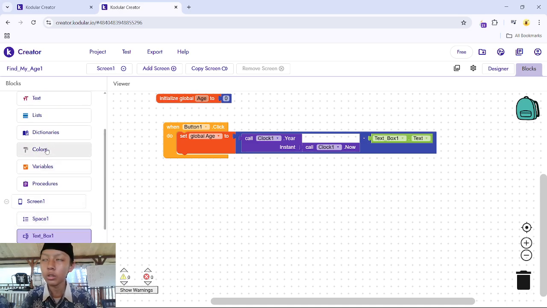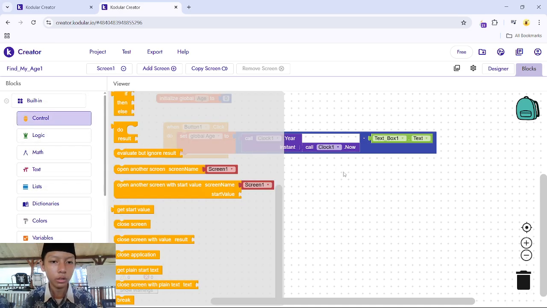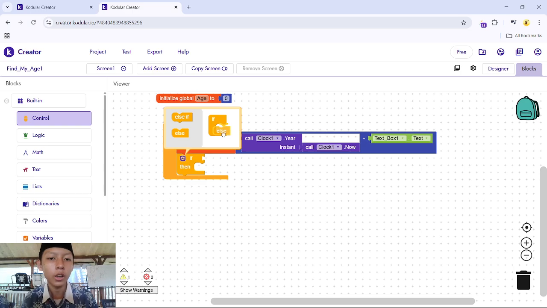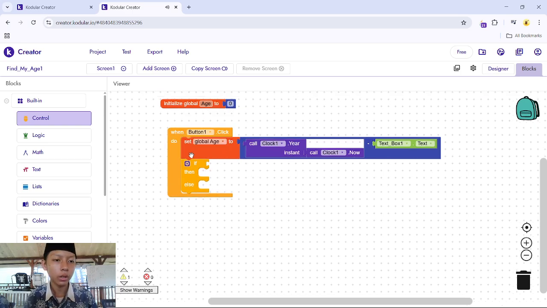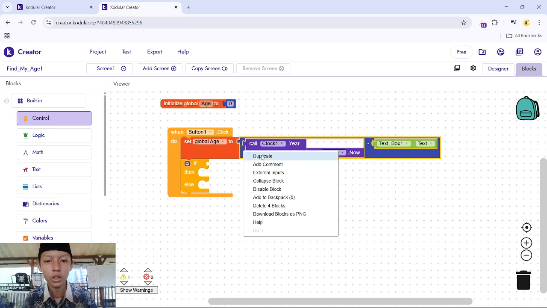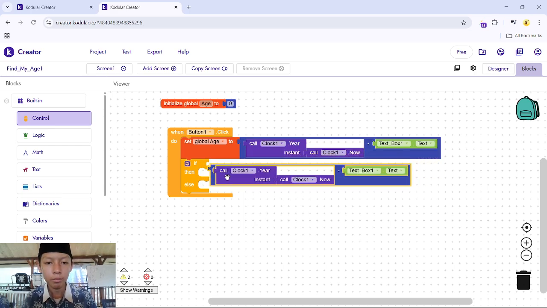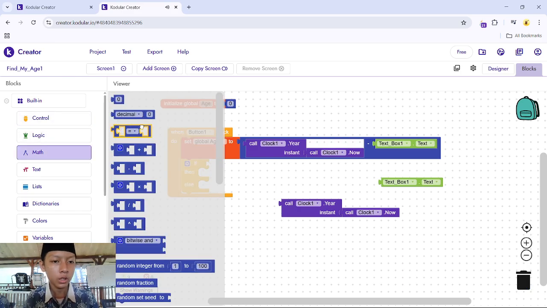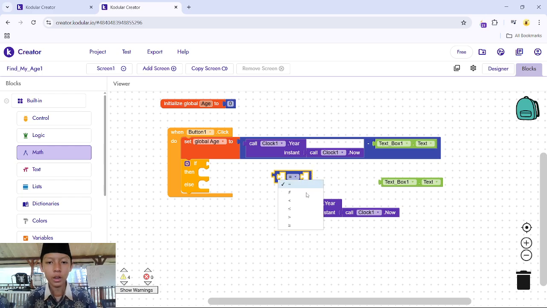Now we can go to control, and you can add if then, and you can click this setting button and add else like this one. Okay, so for make it quick you can just duplicate this code, but oh yeah, sorry, we will use this one, but for the minus we don't need it because we need this code and change it to be more than